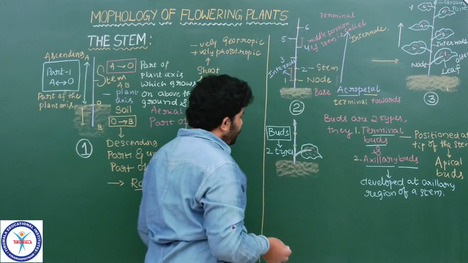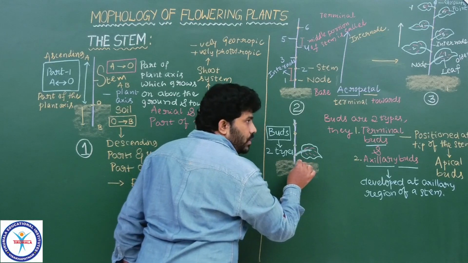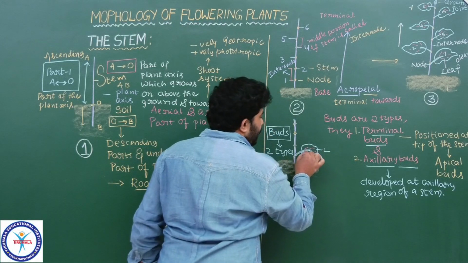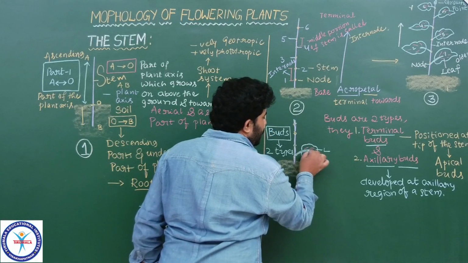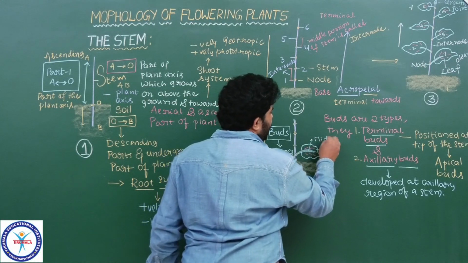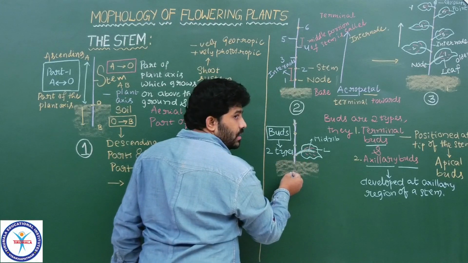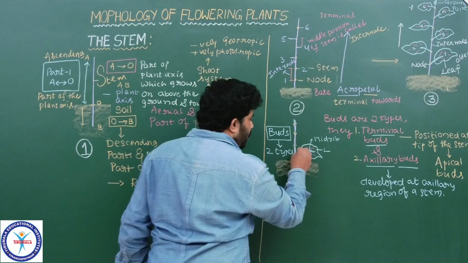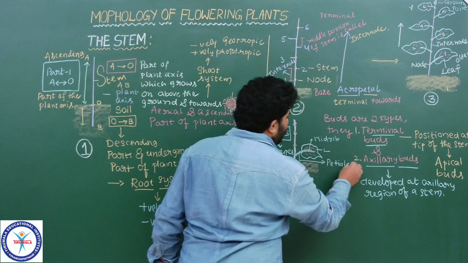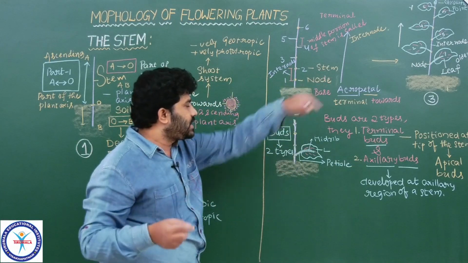So see here, the leaf is basically divided into different parts, like the lamina. In the center we have a long, very big line-like structure, which we call the midrib. This is the long stalk-like structure which connects to a particular point of the stem, called the petiole. The petiole connects to the stem region, that is the node, which we have already discussed.